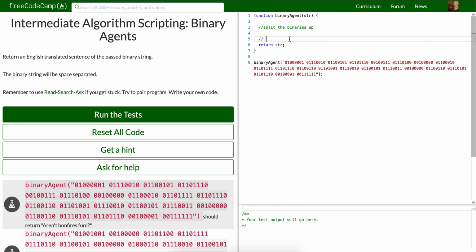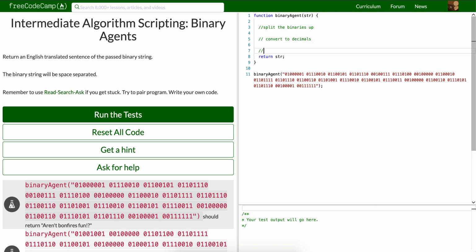So we're going to say split, convert to decimals. Then we need to get character from decimal